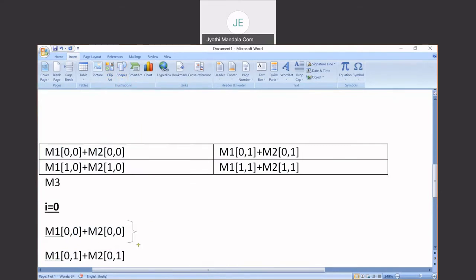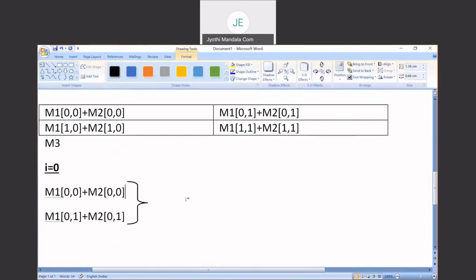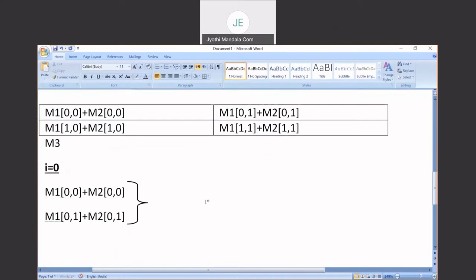If you see, both can be written in a generalized fashion. How can we write this one? M of, I value will be 0.